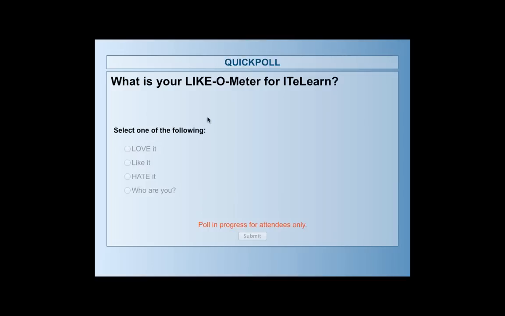All right, and this is something that I want everyone to be able to gauge. 4 options. What is your like-o-meter for IT Learn? For example, you like it, you love it, you hate it, or who are you? Who are you is primarily you don't even have any clue. You just happen to receive an email and so on. I know there could be an extreme thing, a good thing, a bad thing, but I just want to get a feel of it. Please, I request everyone to participate and vote with your honesty. This will help me to really gauge, and it will also help the others gauge what is coming in a very open manner. I don't want to keep anything hidden there. This is an open poll, everyone can see the results at the end of it.